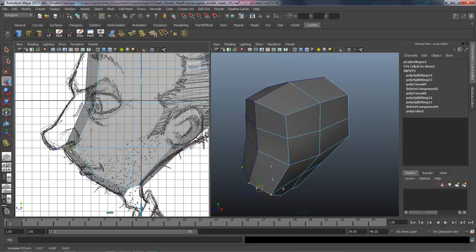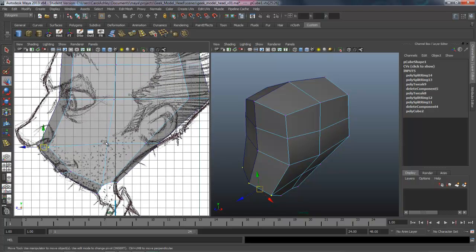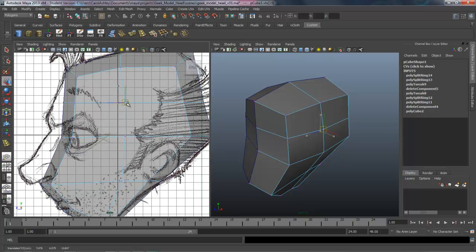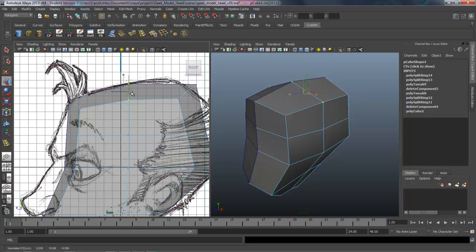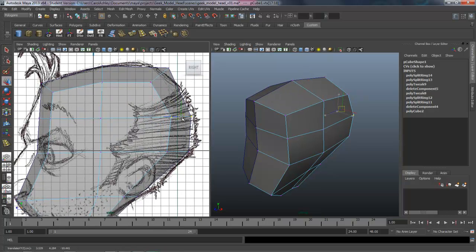So this is going to be kind of coming out here to the base of the nose, kind of underneath here, where the nose is going to start. And we can push this back a little bit, just starting to follow a little bit of a jawline. Same thing here. Kind of pull some of these points back a little bit. Here we go. And this could be the back part of the head.